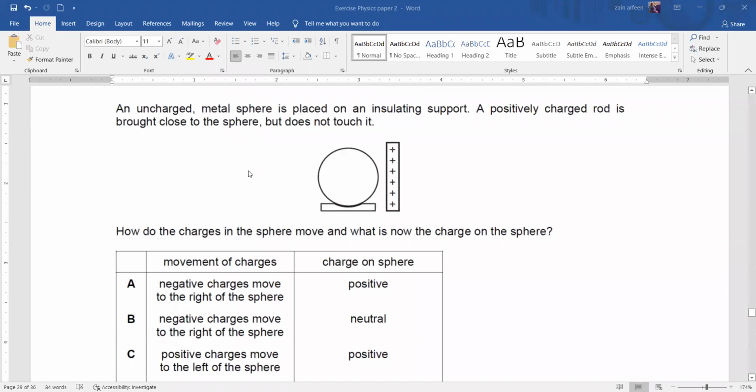So in this question, we have an uncharged metal sphere. Uncharged metal sphere means there are positive and negative charges, but it has an equal number of positive and negative charges. So initially, if there was no charged rod, then what will be the distribution? There will be positive ions,